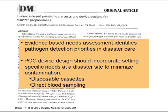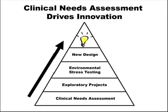Hawaii. Other collaborative efforts include a clinical needs assessment survey that was used to identify device specifications needed for POC technology use in disasters. Evidence-based needs assessments can identify high-priority pathogens and POCT technology design needed at disaster sites. The survey found that POCT device design should incorporate setting-specific criteria such as disposable cassettes and direct blood sampling to minimize contamination. Clinical needs assessment drives innovation by providing data that can be used for exploratory projects and future device